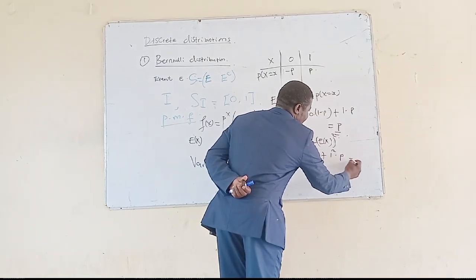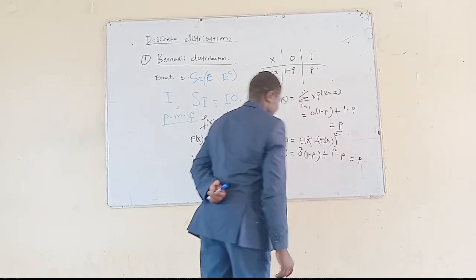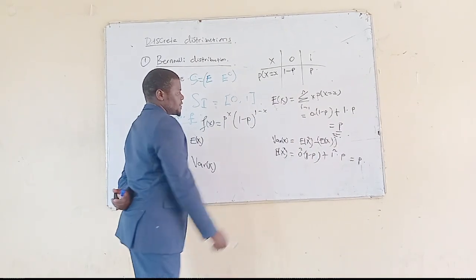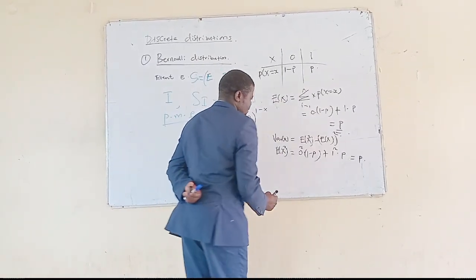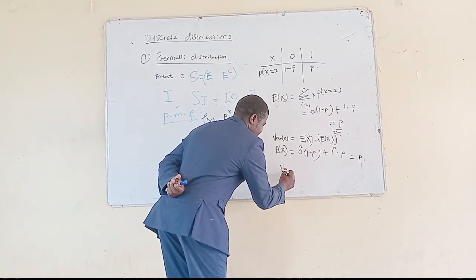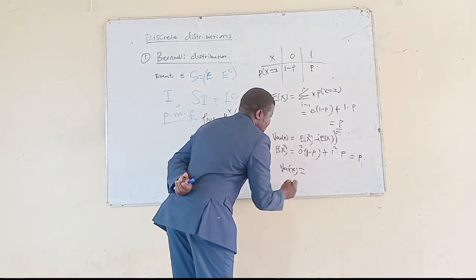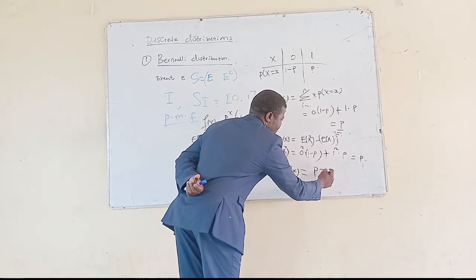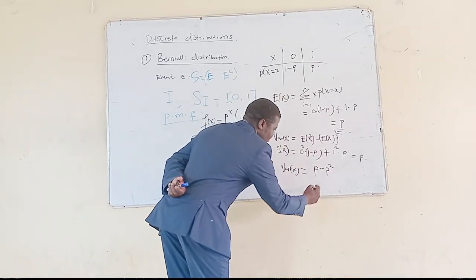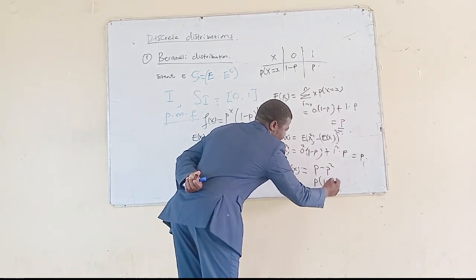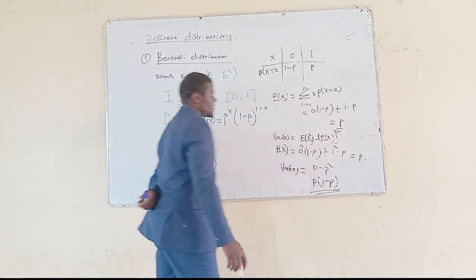So this one you get p. Substituting into this equation, we get var of X will now be p minus p squared, which simplifies into p times 1 minus p. So this is the variance